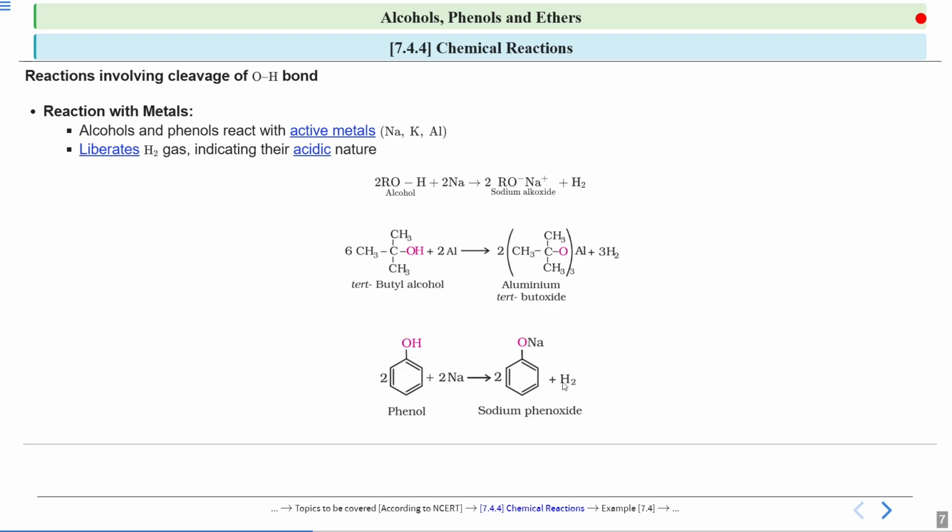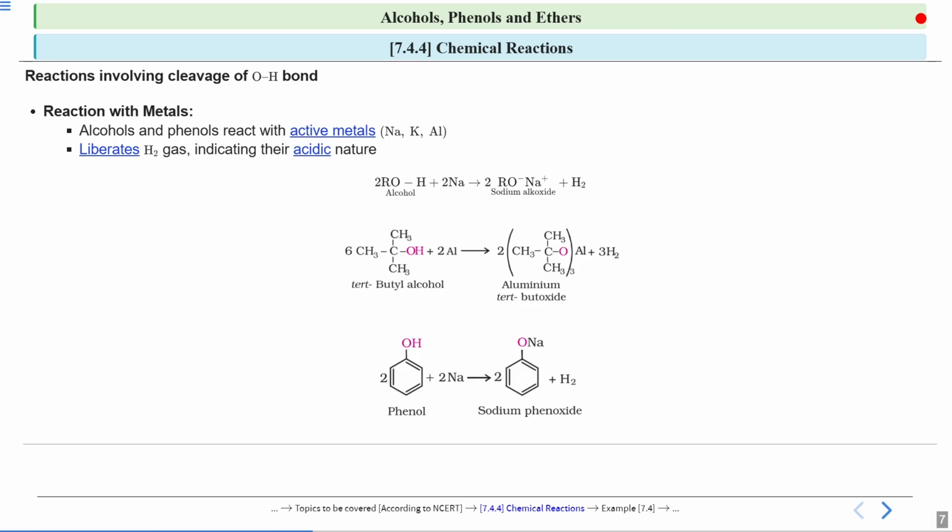Okay, so whenever we are taking the case of alcohol, an alkoxide is formed, and whenever we are taking the case of phenol, a phenoxide is formed. That is, phenol is acting as an acid, so it will donate its H plus, and here also the alcohol is acting as an acid, so it will donate its H plus. I hope you all remember the Bronsted-Lowry theory. Bronsted said that Bronsted acids are those that donate H plus, and Bronsted bases are those that accept a proton, that is H plus.